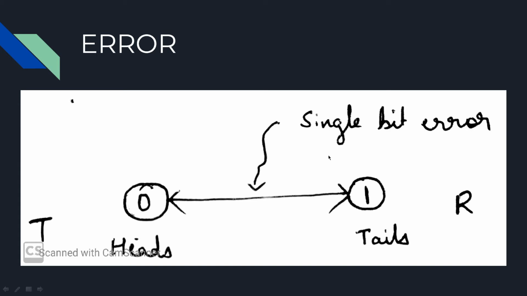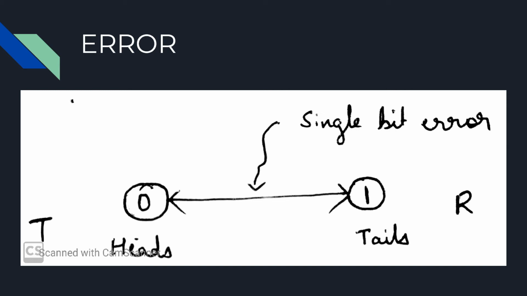The real issue is that the data received at the receiver is 1. So we cannot distinguish between an uncorrupted encoding of tails and a corrupted encoding of heads. So we cannot detect that an error has occurred. What we need is an encoding where a single bit error does not produce another valid code word. What we need are code words that differ by at least 2 bits. We want the minimum Hamming distance to be at least 2.